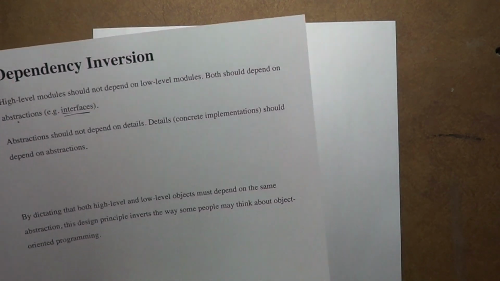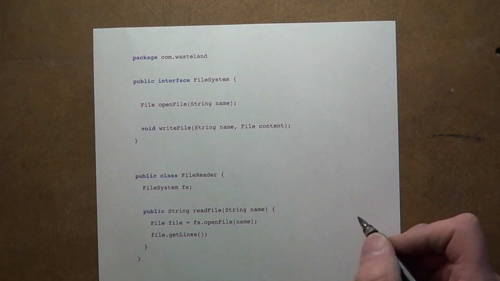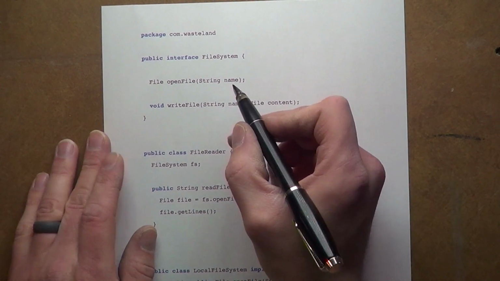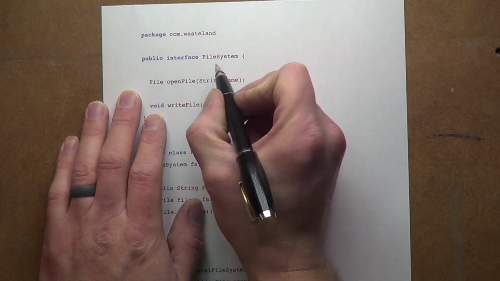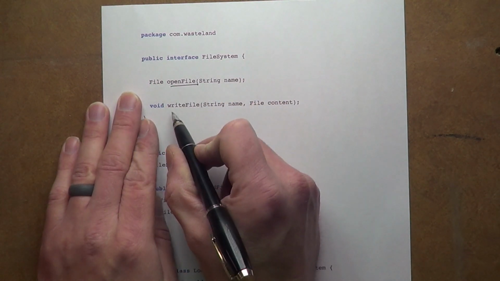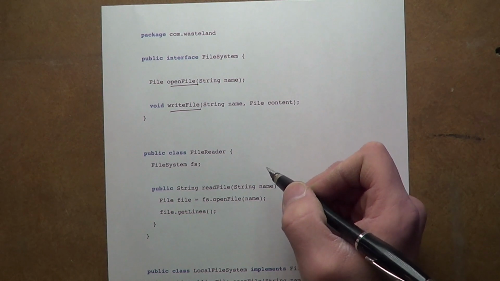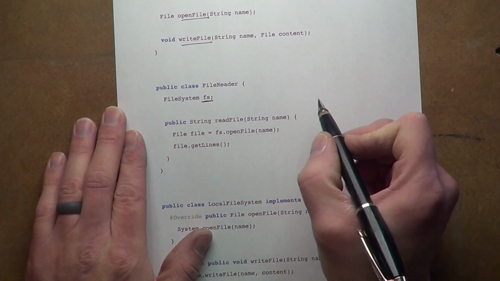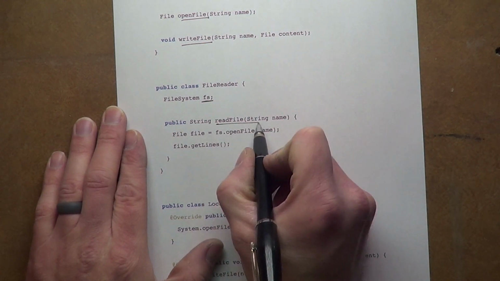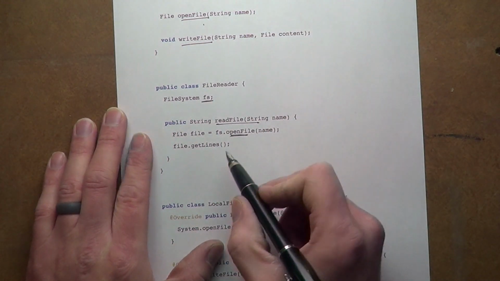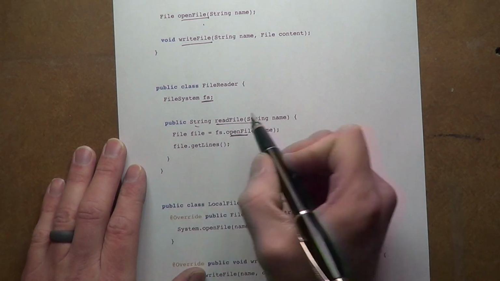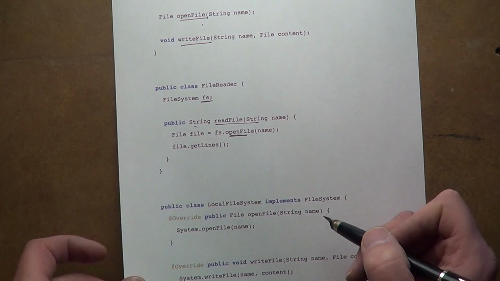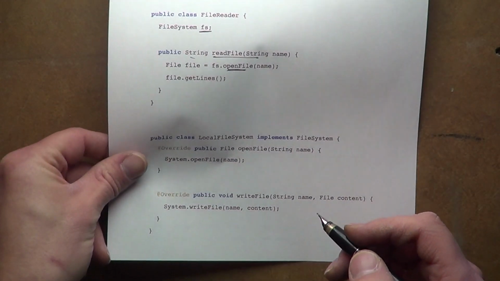So if we take a look at an example of this, we have a file system, a very simple file system in our case. Here the interface just has two methods, open file and write file. This allows us to define some kind of file reader that takes a file system that it works on, and it reads a file just by opening it and then getting the lines, apparently concatenating all of them into a string. And then if we look at our file system,